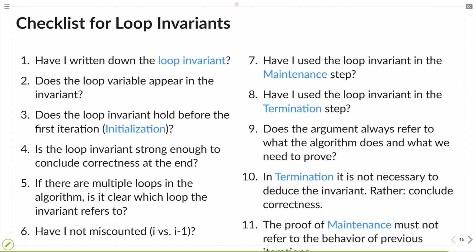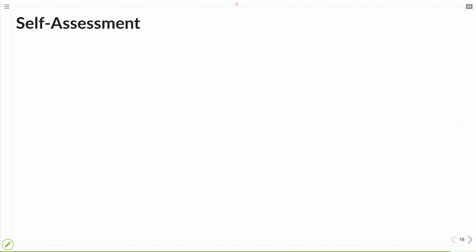And also, what you should be careful about in the maintenance step: you use the loop invariant of the previous iteration and the current iteration. What does the current iteration do? You should not in your maintenance argument refer back to what the algorithm did in the previous steps. No, all of that should already be captured in the loop invariant. So loop invariant plus the current iteration. That's all to conclude.